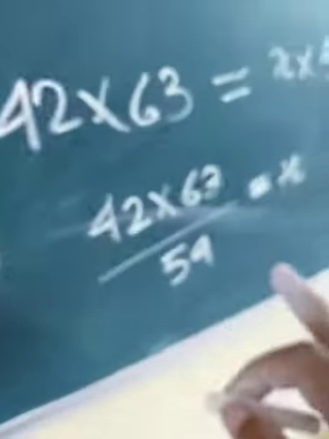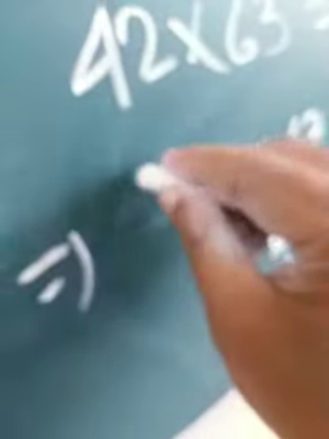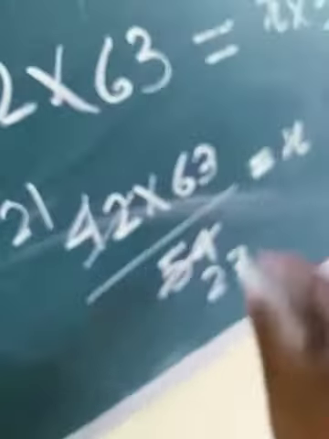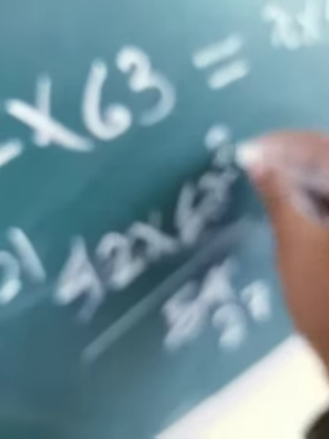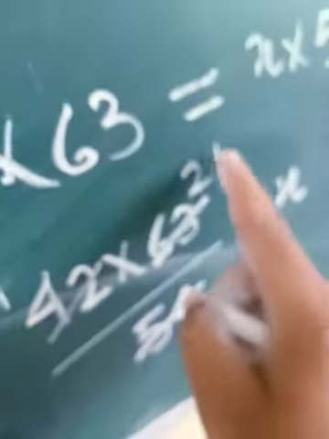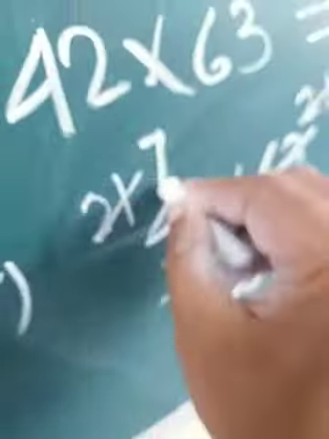Now, to get the value of x, we have to reduce this. So let's start with 2, 21, and this would be 27. Reduce this with 3. So if you reduce this with 3, it will be 21, and this would be 9. This 21 will again be reduced by 3, that is 3 sevens are 21, 3 threes are 9. Again this can be reduced by 3, that is 3 ones are 3 and 3 sevens are 21. So 7 sevens are what? 49.